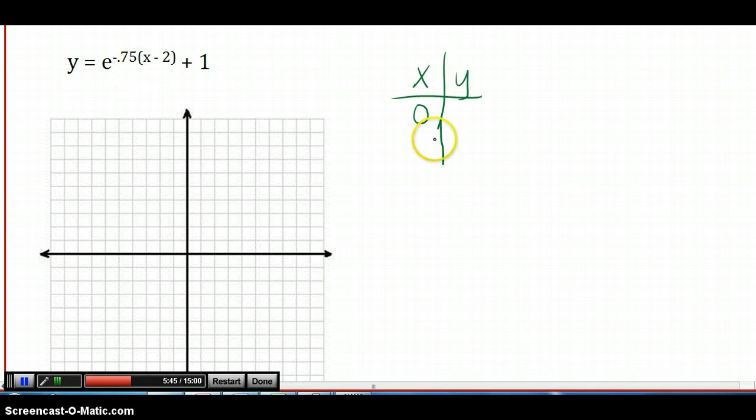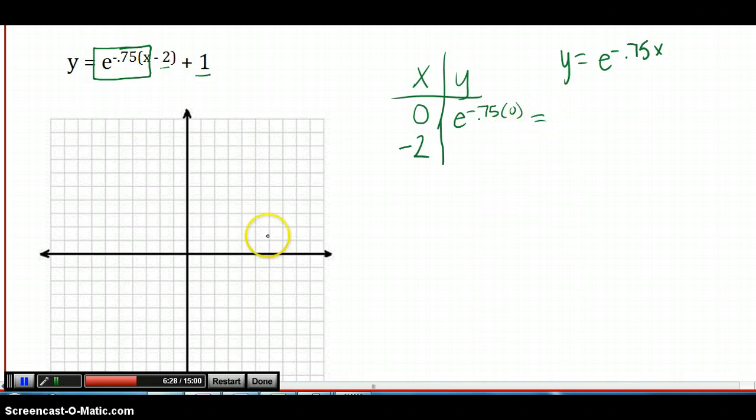So nothing's happening. So what you need to do is plug in negative numbers. So if this is a decay function, you need to plug in 0 and a negative number. You can plug in -1. I'm going to plug in -2 just for the heck of it. Doesn't matter. So if I plug in 0 into x, and if you remember when you have shifting and translating going on, just look at this part with the x first, and then you'll shift it, moving across and up or down afterwards. So we're just looking at y equals e to the -0.75x first, and then we'll shift it. So if we plug in 0 in for x,